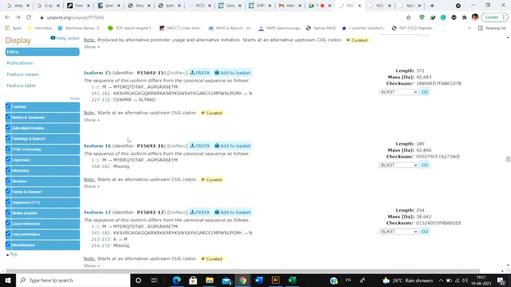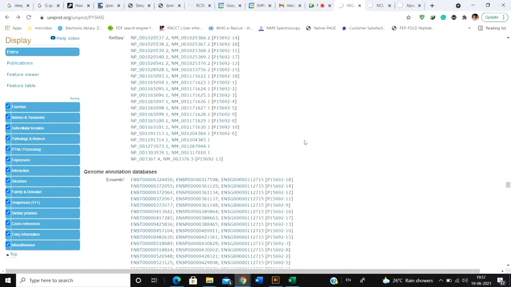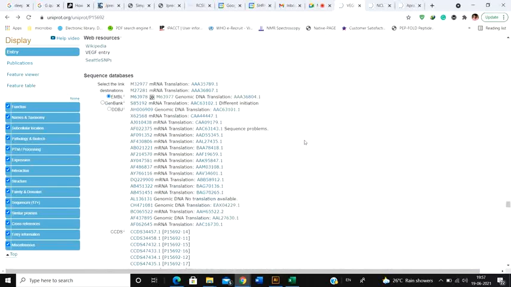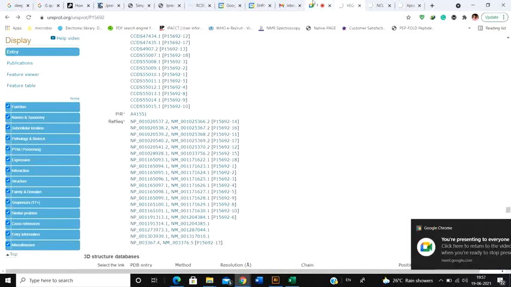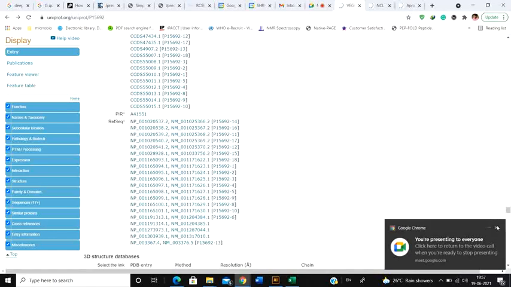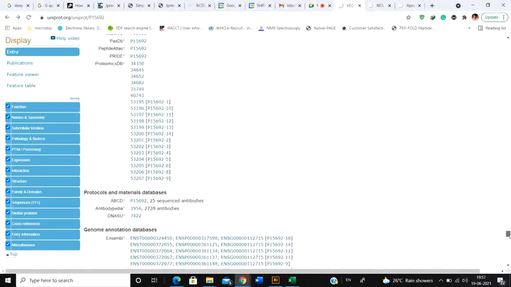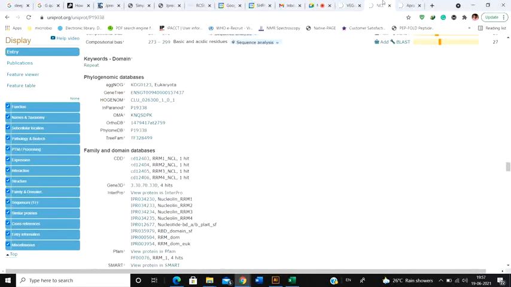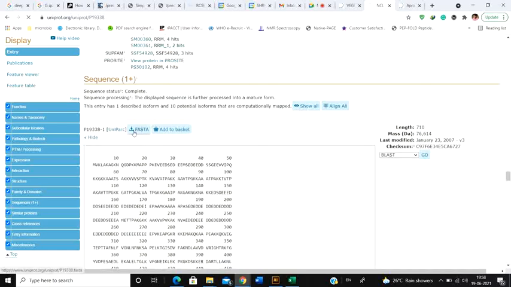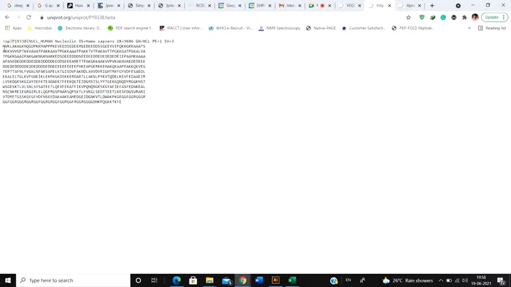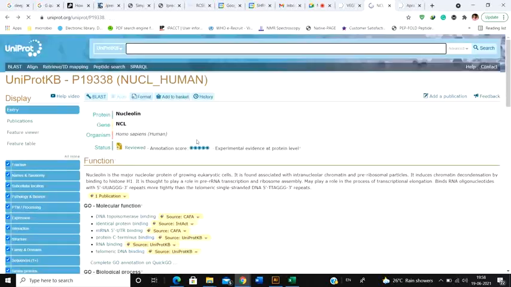You can see all of this under this particular section, but this is the server, right? So that's how you can actually use this server. The main important thing is you have to retrieve the sequence, and that's how you retrieve the whole sequence of your protein simply by key. So this is the other protein, and if you click on FASTA, you can download the entire sequence of this particular protein.